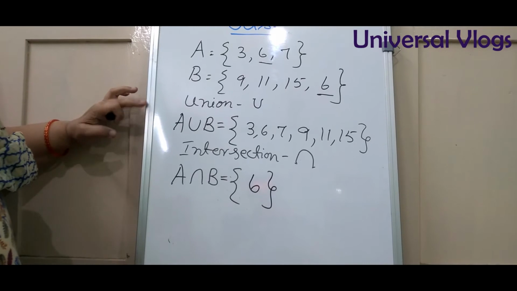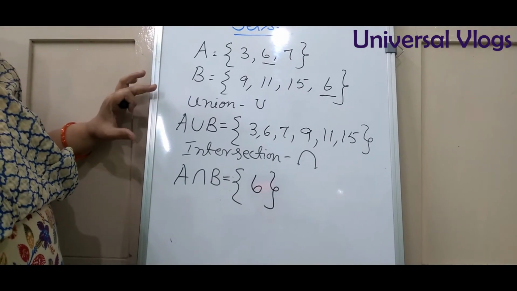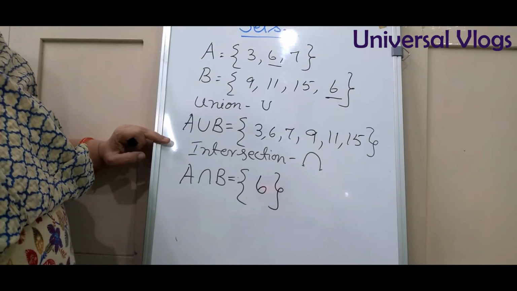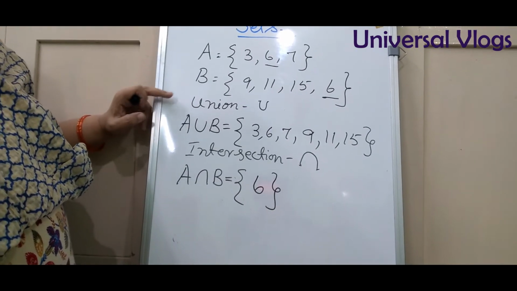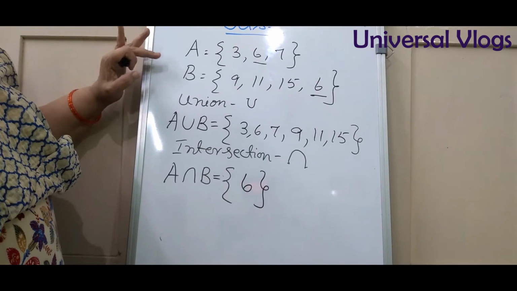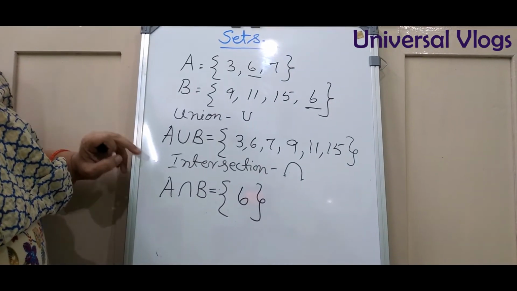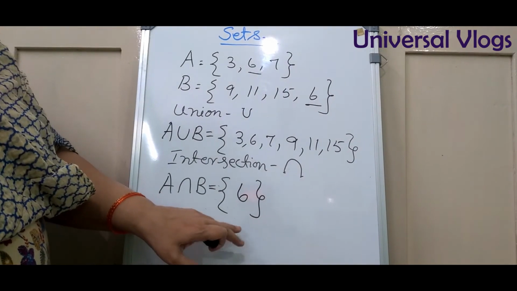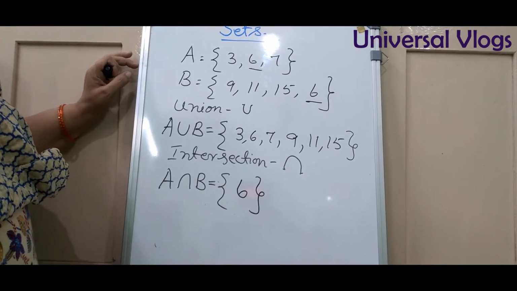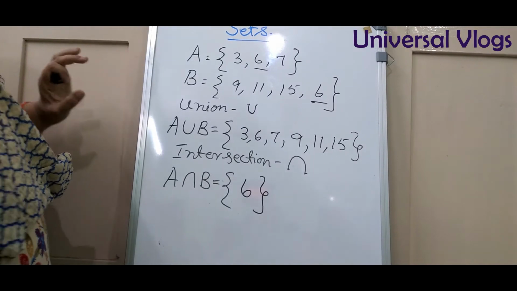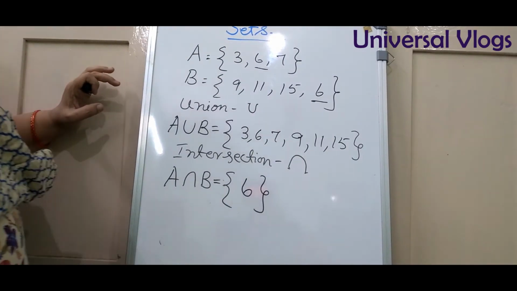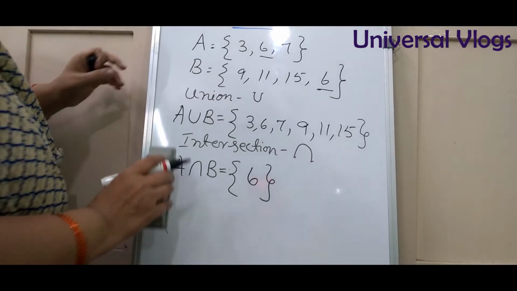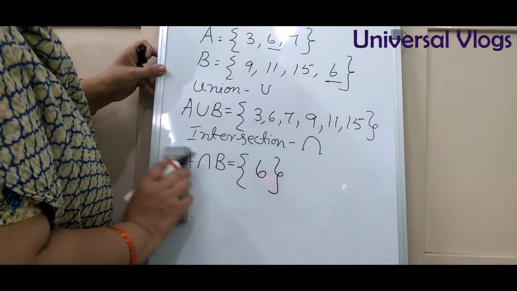I have taken a very simple example here to show you the union of the two sets and the intersection of the two sets. While writing the union, we combine all the elements of both the sets and write. And while writing the intersection, we take the common elements of the sets and then we write. So this is how we write the union and the intersection of sets. Next, let me consider the types of sets.